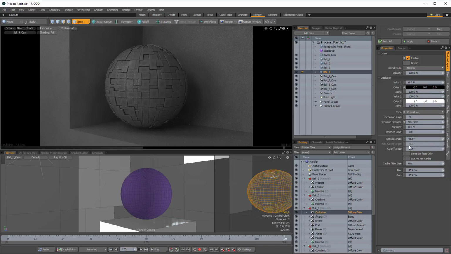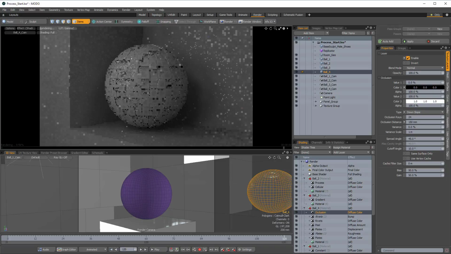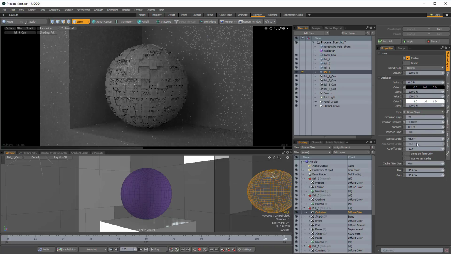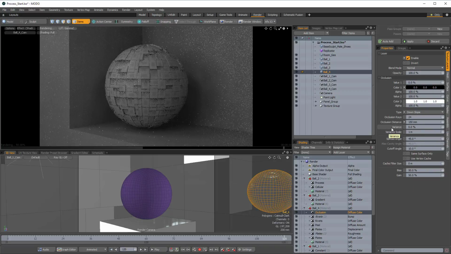Now, the cool thing about something like an ambient occlusion shader is if you're using it right here inside of your shader, you can just use it to add some accentuation. So let's pick downslope here, which gives us, like I said, a little bit of drips downwards. And let's increase the distance just a little bit. There you can see, so those pull down a little bit farther. And you can also increase something like variation, which is basically just a little bit of noise that you can add to the surface. I'm not going to add that now because it's going to be difficult to see how this is rough, but it just adds a little bit of a breakup to it